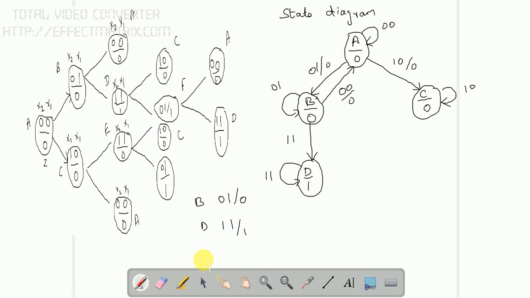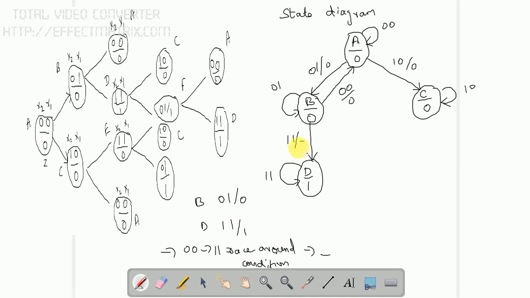So in that case we need to take this output change as 1 1 slash dash. So dash indicates the don't care. If there are two bit changes, from 0 0 to 1 1, it is considered as the race around condition. So in order to indicate that, we are going to write a dash. So dash indicates a don't care. The output may be 0 or 1.